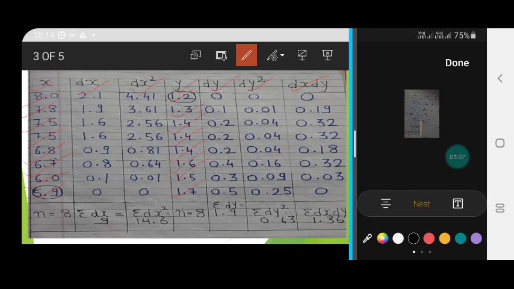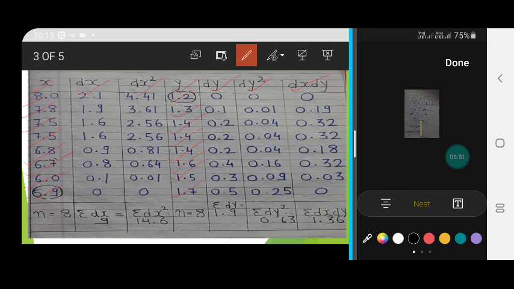So what is the second column? Second column is dx. What does dx mean? Dx means deviation from the x series. How are we going to calculate dx? For calculating dx, we are going to use a formula, that is x minus assumed mean. For this, firstly, we have to consider the assumed mean from the x series. What I have told you in the previous lectures as well is that you should take the smallest number or the smallest item of the x series as your assumed mean. Why? Because it will help you to have easy calculation. Your calculation would not go into the negative if you consider the smallest number as your assumed mean.